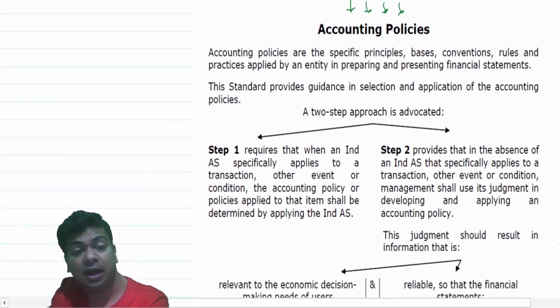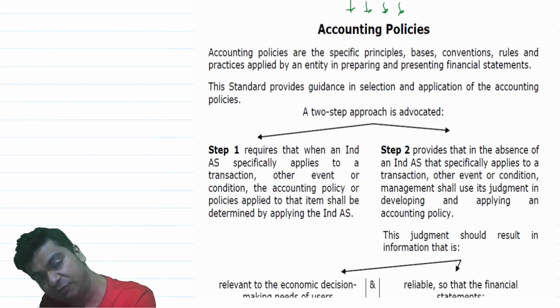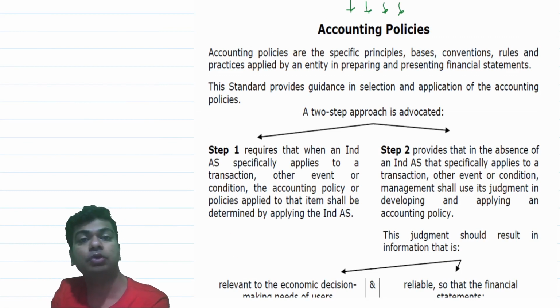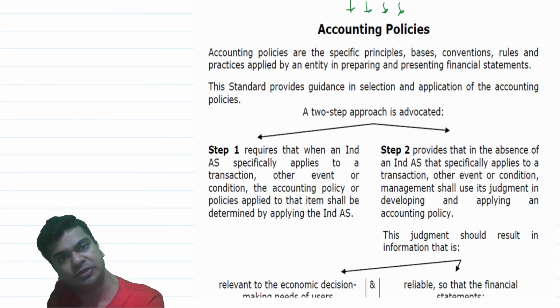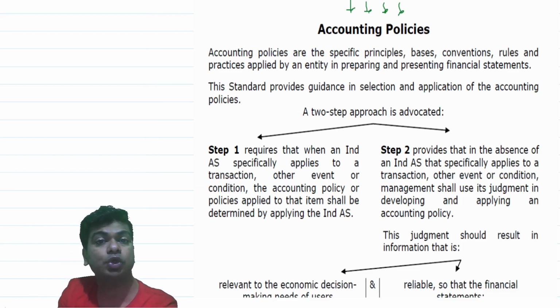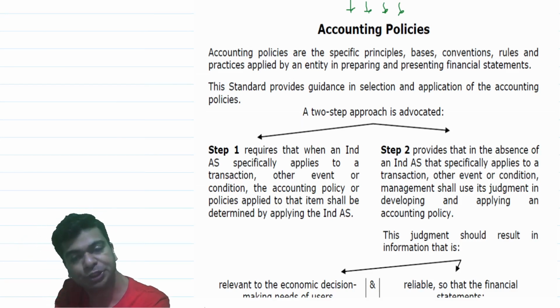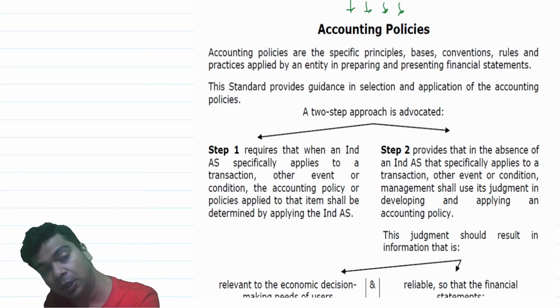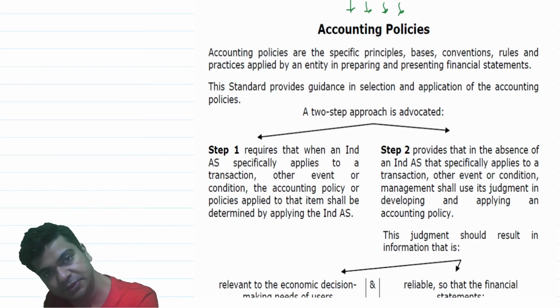We know that under Accounting Standard 1 and even as per Ind AS 1 also, which is dealing with the presentation of financial statements, the very first disclosure that you have to provide in notes to financial statements is with respect to accounting policies. You are supposed to give a full-fledged disclosure of all the accounting policies that you have followed and adopted for the purpose of preparation of your financial statements. The question that arises is that what exactly are accounting policies?